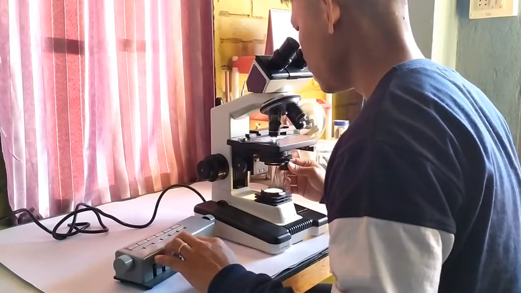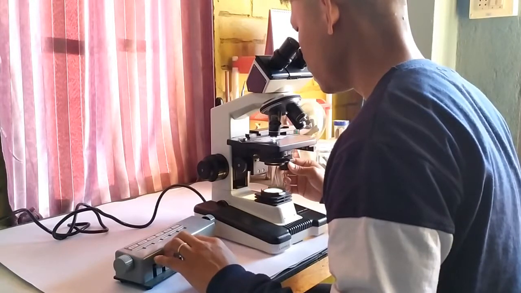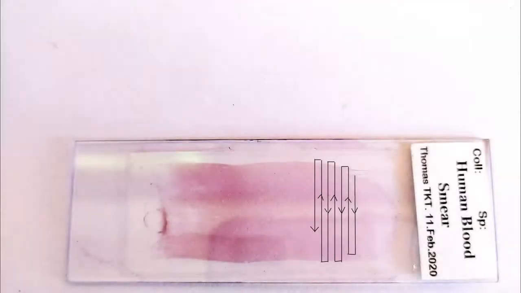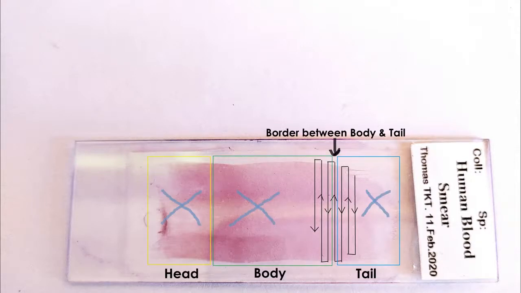Now that we have either the counting table or the cell counter ready at hand, we can begin the DLC process. When counting the cells, make sure to follow the pattern of counting on the slide as depicted by the arrows in this photo. This ensures that both central and peripheral areas of the blood smear are included in the counting process. Another good practice to obtain accurate counts is to avoid as much as possible the extreme corners of the blood smear,